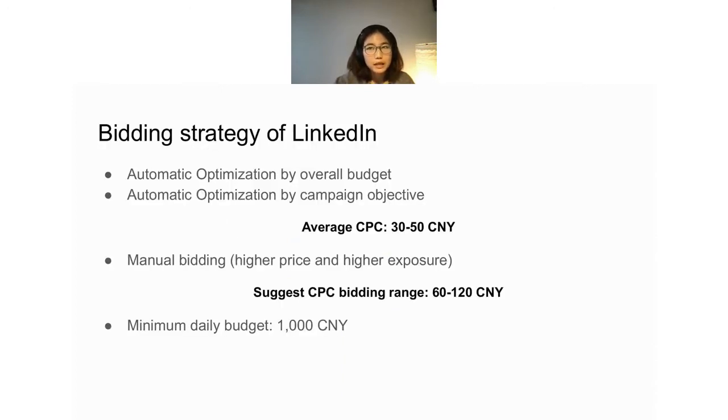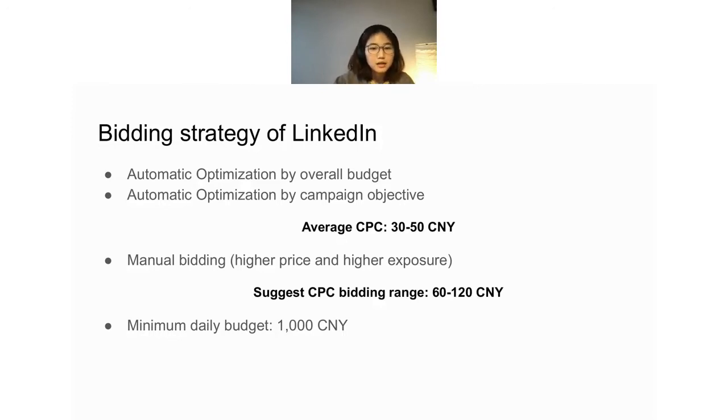And next is the bidding strategy of LinkedIn ads. It has 3 methods of bidding. The first 2 are automatic optimization by the overall budget or the campaign objective, for example, how many clicks you want to get from the ads. And the third one is manual bidding. The CPC price for manual bidding is normally higher than automatic optimization. If you want to boost brand awareness, you can try manual bidding, but normally we suggest using automatic